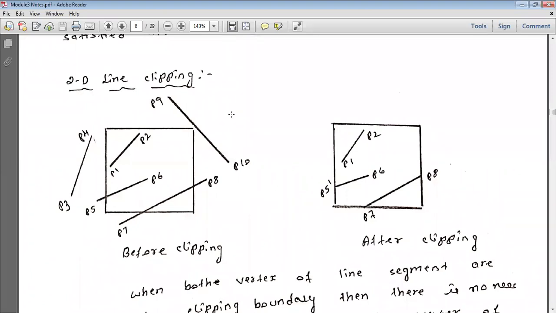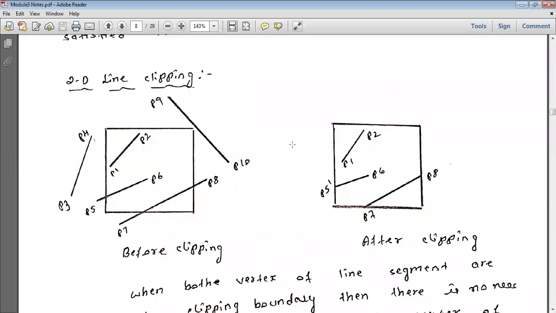So now we need to deal with it. We are human, so as soon as we see the picture, we clearly come to know which is inside the clipping window and which is outside, and in which line a part is inside and a part is outside, and we can clearly do this process. But how to make my computer do this process? Because my computer doesn't have visual effects, or any intelligence to eliminate this.